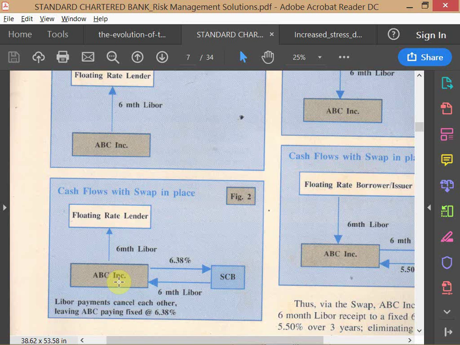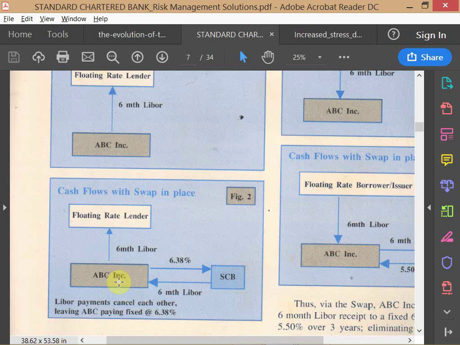Sorry, ABC is entitled to 5% from SCB, and it owes 6.38%. So here we say that there is a net payment due from ABC to SCB of 1.38. Is everyone clear about this? Okay, so that is actually how it will operate in the markets. That ABC will make a 1.38% payment